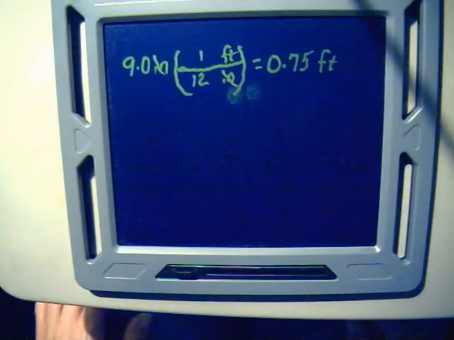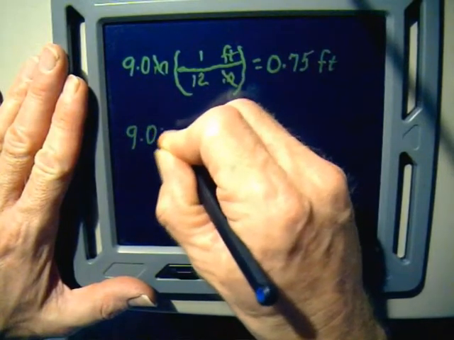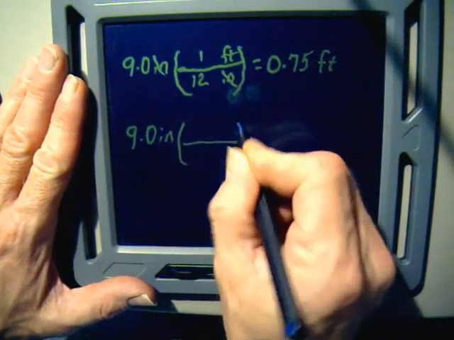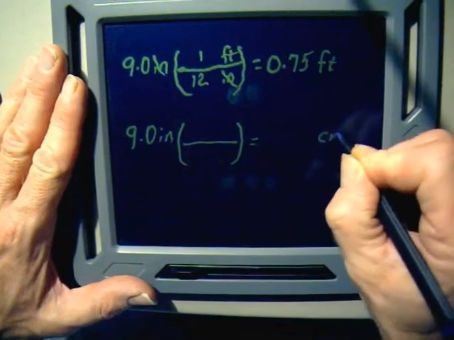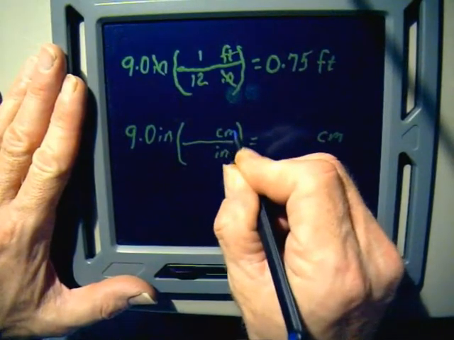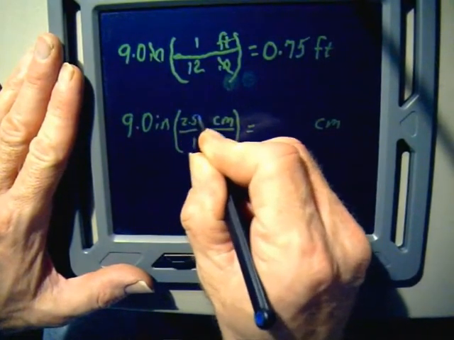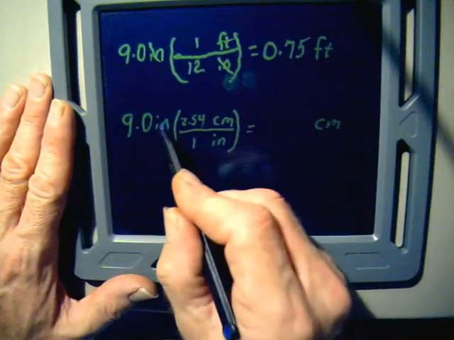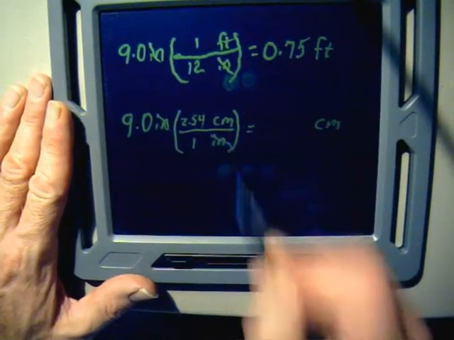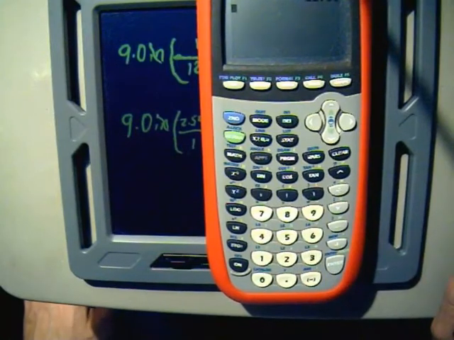Well, what if instead of going from inches to feet, we wanted to go inches to centimeters? Well, we can take our same given information, 9.0 inches, put in our conversion factor, and convert that to centimeters. So inches would go on the bottom, and centimeters go on the top. Now, by definition, in 1 inch, there are 2.54 centimeters. So now we have inches on top, inches on the bottom. They cancel out. We get out our handy-dandy calculator, and we simply take 9 times 2.54, and we get